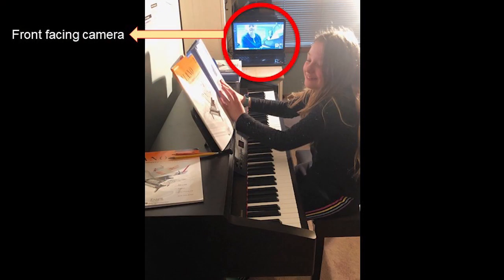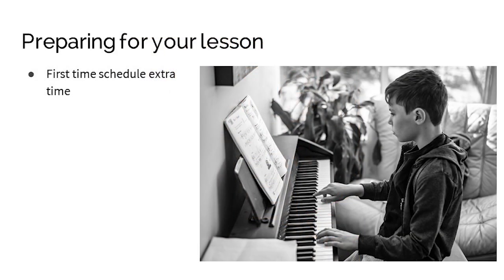You may have to direct the student or the parents to use their front-facing camera on their device if possible. This is to ensure that the student can hear and see you during the lesson. Depending on what your typical lessons look like, we will have to adapt your studio a bit for online lessons. For the first lesson, schedule some extra time in the beginning in order to get everything set up between you and the student. This way, your technical setups do not interfere with your lesson time.